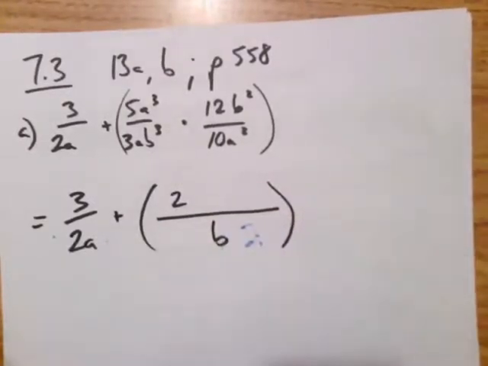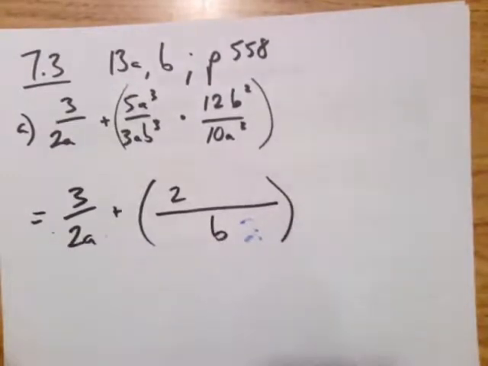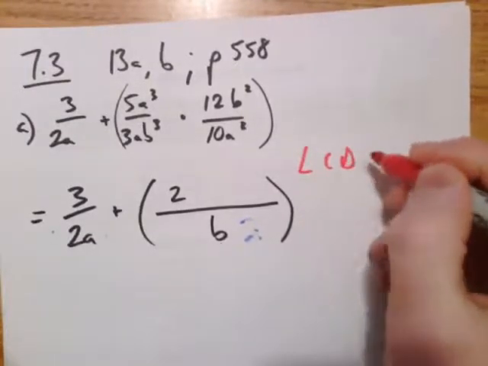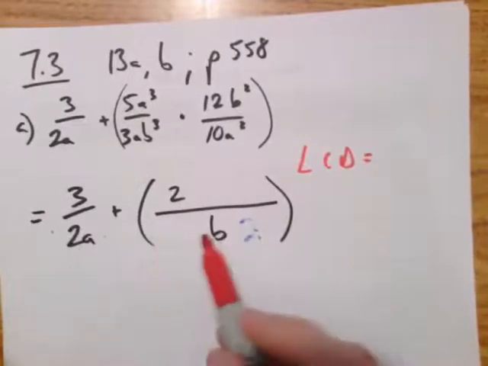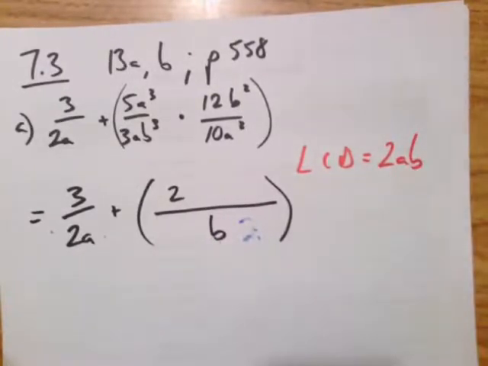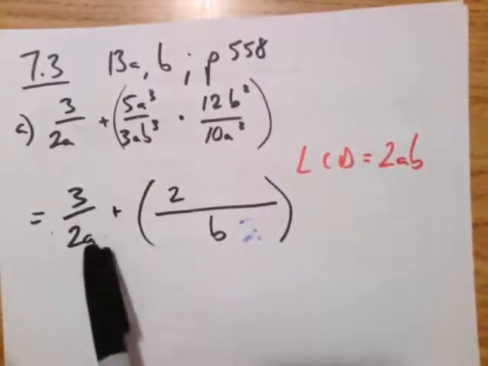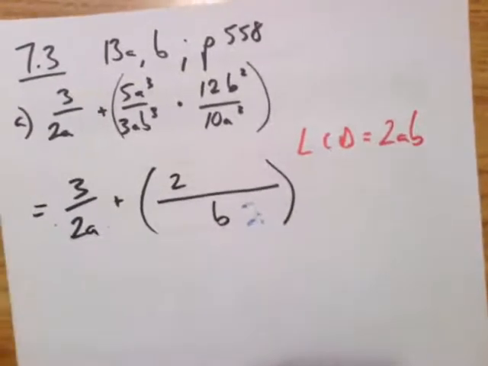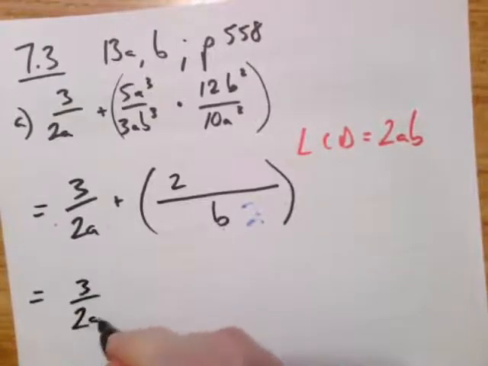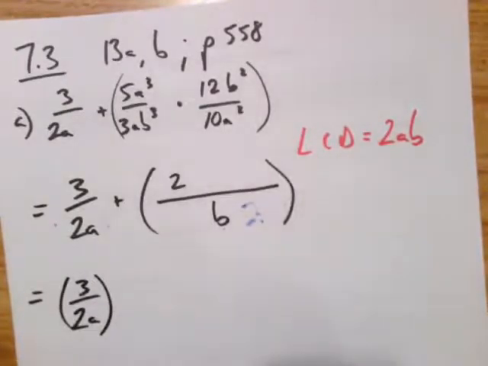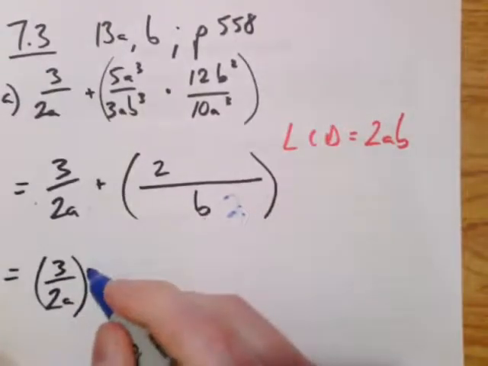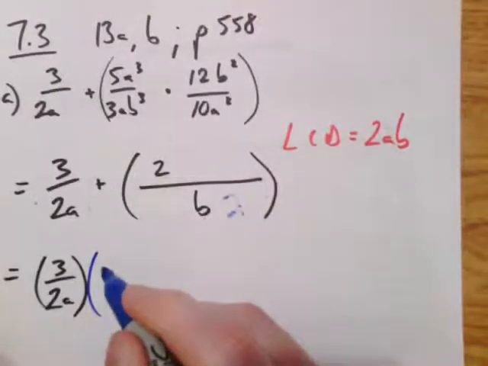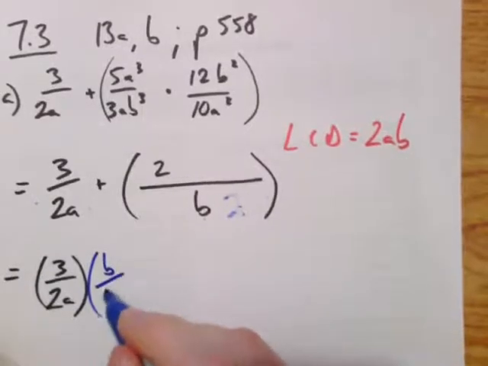That looks silly. So now, the lowest common denominator is 2ab. Okay? So I have to multiply this side by b over b and this side by 2a over 2a, before I can add them. So it's 3 over 2a, I think my daughter's trying to be noisier now. Yeah, see? So this is b over b